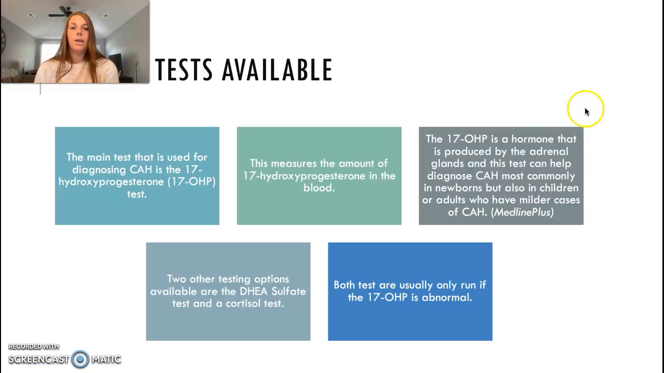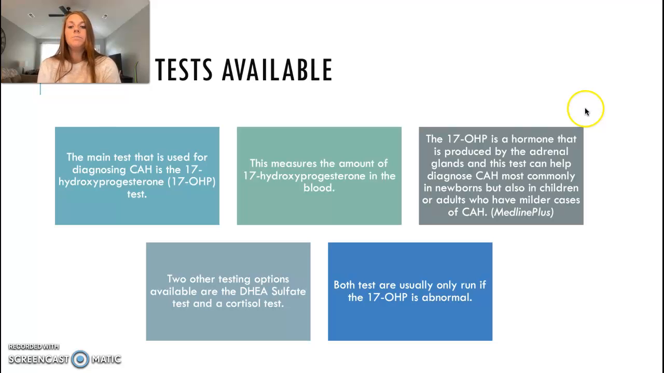There are genetic tests available, and one of these particular genetic tests is actually required at our newborn screening. So the main test that is used to diagnose congenital adrenal hyperplasia is going to be the 17-hydroxyprogesterone test, which is otherwise known as the 17-OHP test. And what that is measuring is the 17-hydroxyprogesterone that is in the blood. And that is a hormone that is produced, again, by the adrenal glands, which can help diagnose congenital adrenal hyperplasia. Most commonly it is used when we're doing our newborn screening, but it can also be used in adults and children who are not as